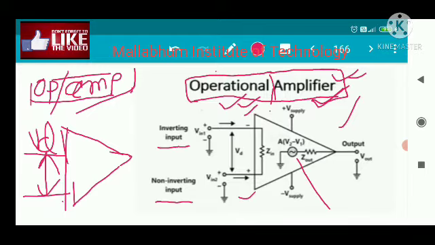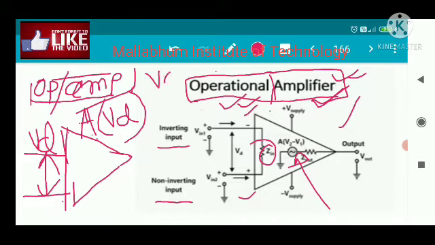And this is a dependent voltage source, obviously a dependent voltage source, and the gain of the op amp is A. The difference between the voltages is going to be amplified with the help of this operational amplifier. And this Zin is nothing but the input resistance of the amplifier. This is actually nothing but a voltage amplifier. So whatever properties the voltage amplifier has also apply in the operational amplifier.